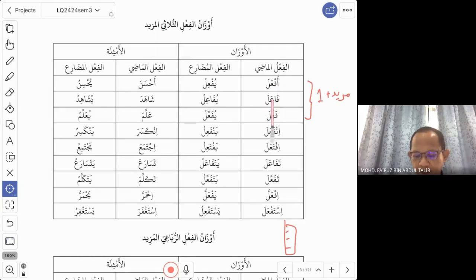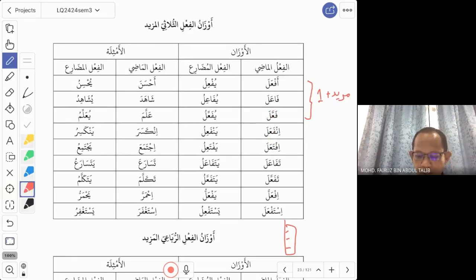The second is wazan fa'ala, fa, ain, lam, the original huruf, and with 1 additional letter, alif. Fa'ala, you have fa, ain, lam, but with 1 additional letter, the tad'if that we have learned earlier in the beginning of the class. This is mazid with 1 letter. We say mazid bi harf. We add 1 letter to the fi'l. And this group,